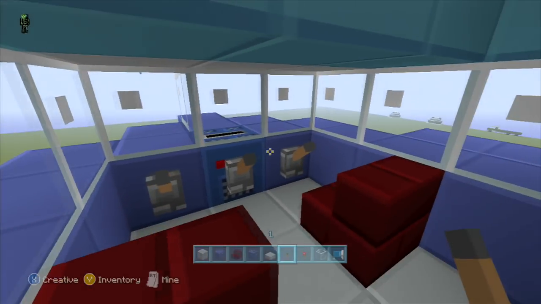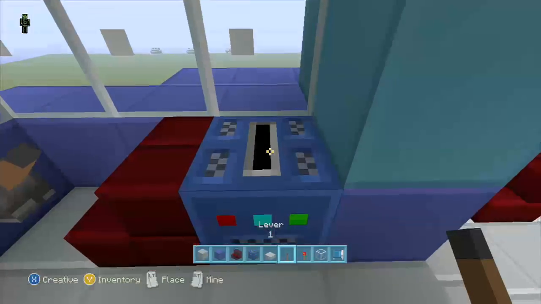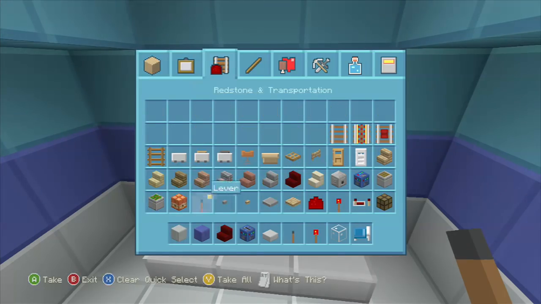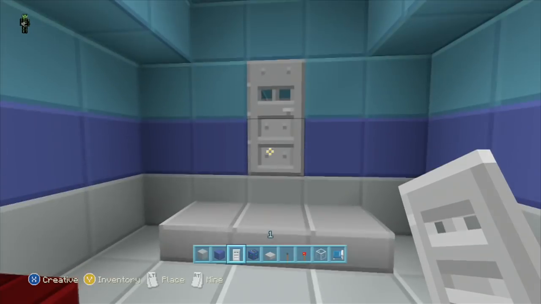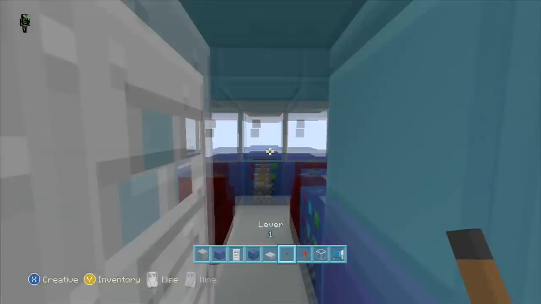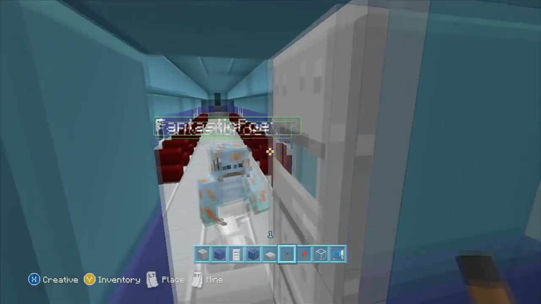There you go, just some flight sticks and controls and maybe some other box. I don't know what it does. Who knows? Flight recorder or something. And then you just put your door here. Put a secure door though. There you go. That way, if you need to, you know, you can lock them out.